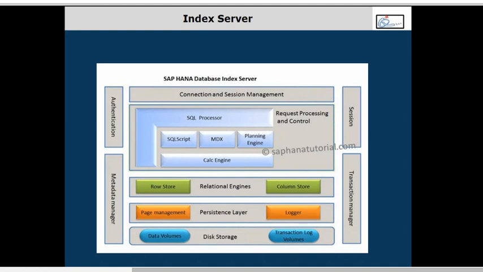Now how does this help you? Look at this. They use some concept called save point. When they execute a save point, what happens? All the data in the main memory is written back to what? The data volume. Every change will be captured in the log here, but when does it write data into the data volume? When they execute the save point, all the data from the main memory is written back to the data volume, which is a hard disk again. Let's say the save point is for every 5 minutes. For every 5 minutes, the data from the memory is written back to the disk, which is called the data volume.